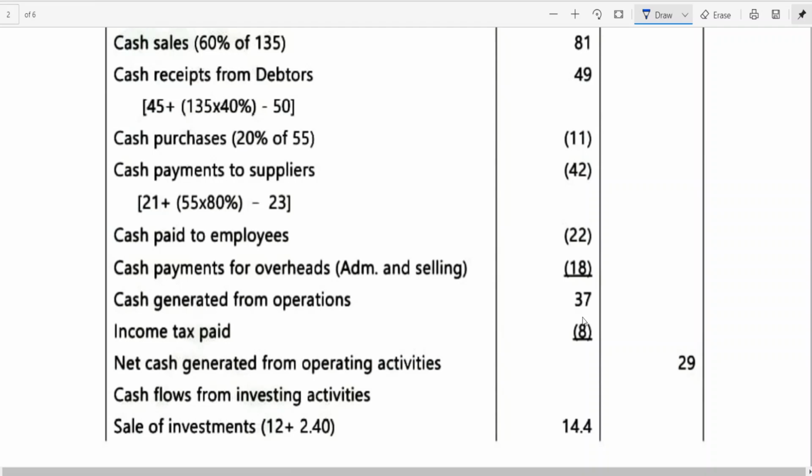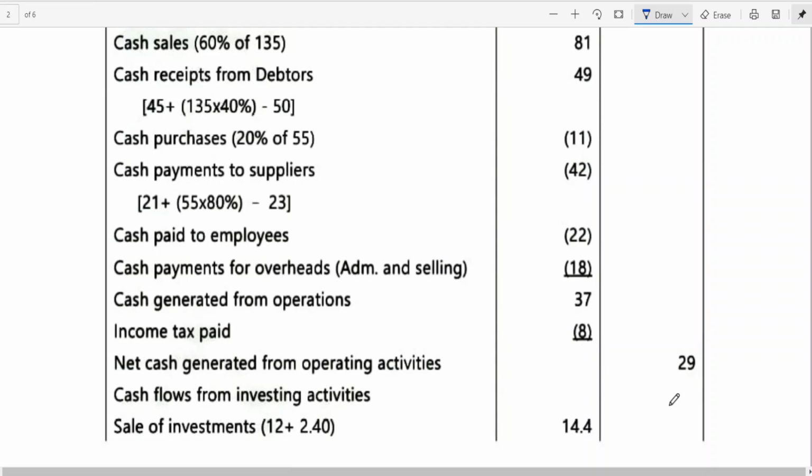administrative selling expenses. Then we are getting cash generated from operation. So in previous problems we were doing everything in the outer column. I think this is one more way where you can do it in the inner column, then you can come back to the outer column. This is depending upon you, or you can directly go for the outer column. Whatever way you wish to work out the problem is your wish. Okay, no problem. I think we have done the inner column also in some problems, no issue. So cash generated from operation 37.